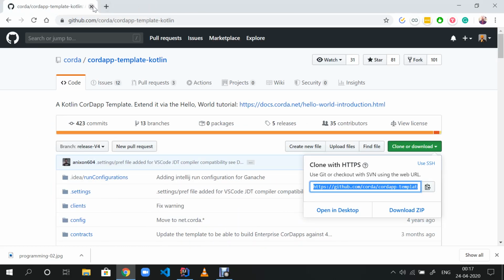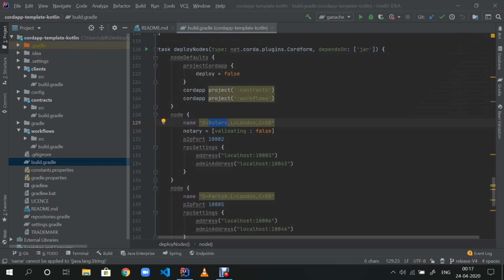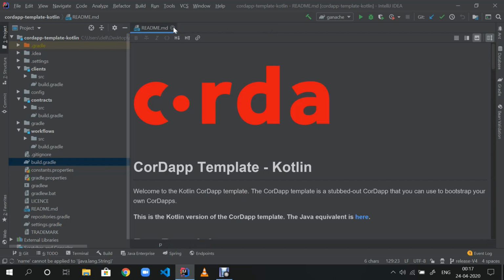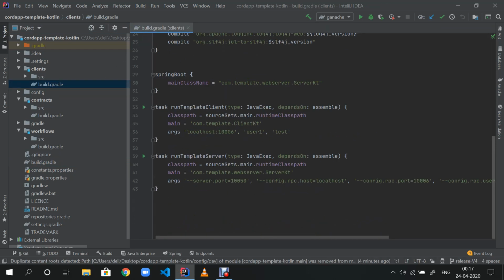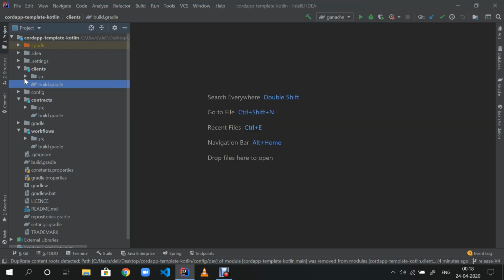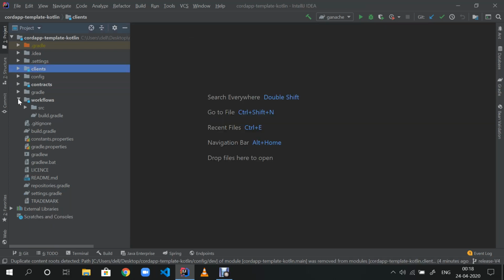Okay, so I'll quickly just cancel all this. So this was your build.gradle file, the main one. Similarly, in the build.gradle of clients, you will find dependencies and something called a task. We will be talking about tasks in the second lecture where we will learn how to develop an API. Okay. So I presume that you have some programming background. Otherwise, you can search these terms on the internet and learn about them.